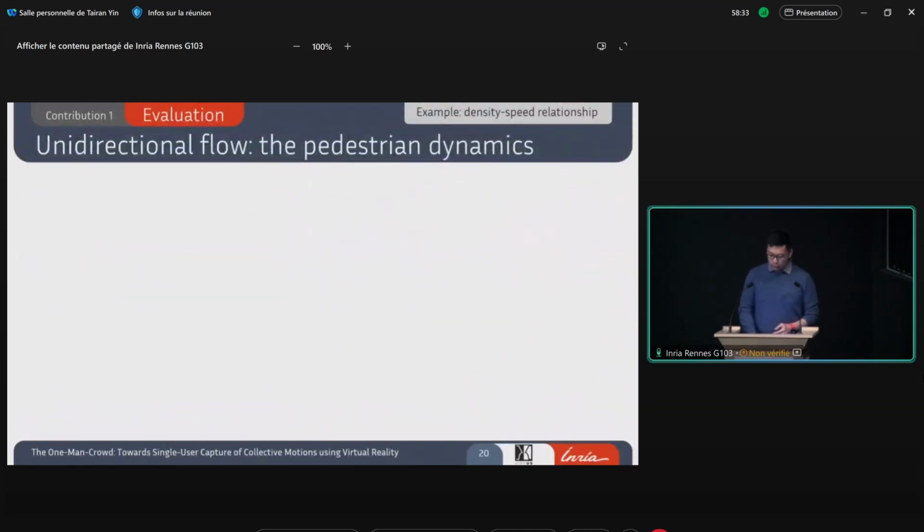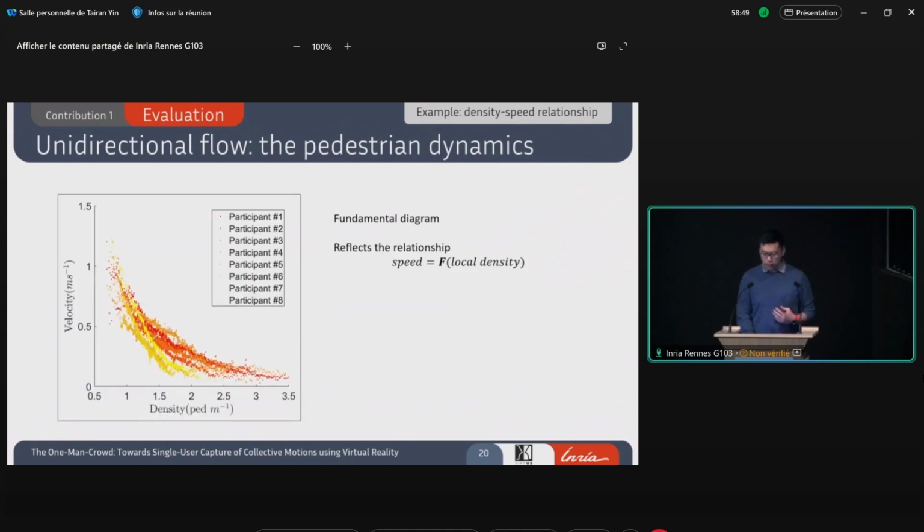And then we follow the several analyses in the work of Lemercier to evaluate the individual behavior. Among them, the fundamental diagram is the most important metric because it reflects how fast a pedestrian can move according to the pedestrian local density. So we plot all the S2N results together to observe that each participant has a unique fundamental diagram.